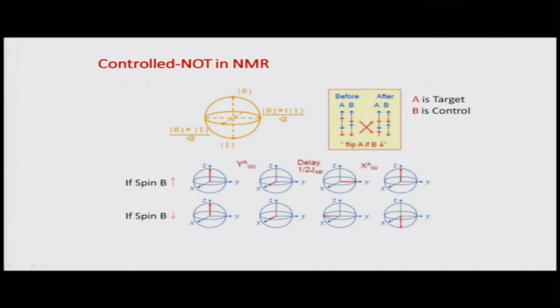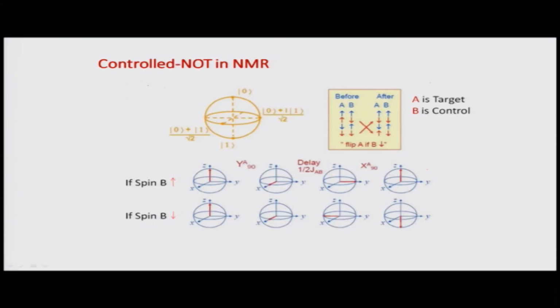So, here for instance, if the spin B is up, then it undergoes this possibility of putting one through the other, and then there is this delay which is very important, because this delay essentially allows the system to relax. If you are in the z dimension, if you put it back in the x dimension, it can fan out and relax, and that delay is the one which takes care of the fact that it will be actually utilizing that as a part of its